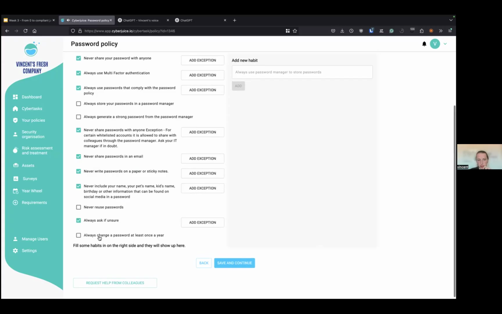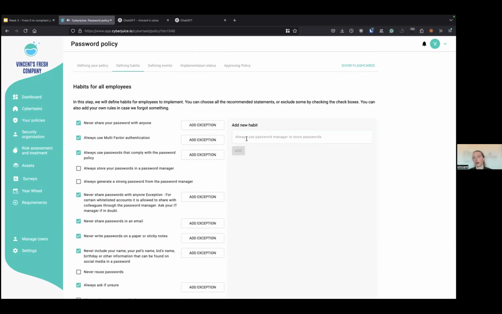Always ask if unsure. Always change the password once a year. In our case, we won't do that. And then you can also add your own habits, like what do you want your employees to have regarding the specific policy? So, for example, in a password policy, let's say we have Microsoft, and we want everybody to always use Microsoft. Then we could also say,